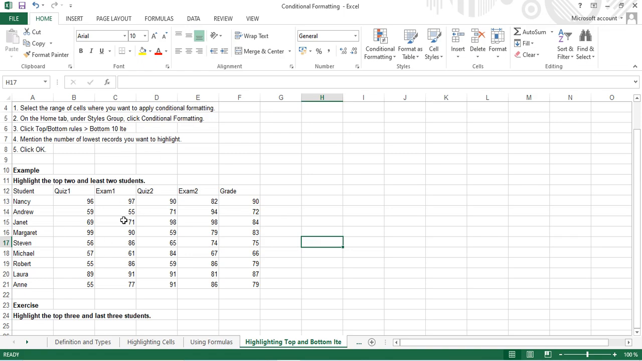Alright, so we have a data set here. It's about the quiz and exam scores of certain students, and we would want to just select the top 3, top 4, top 5, whatever. You can just use that to highlight those. So I'll select the entire grades. The first example here says we should highlight the top 2, so I'll select the entire grade, and then I'll